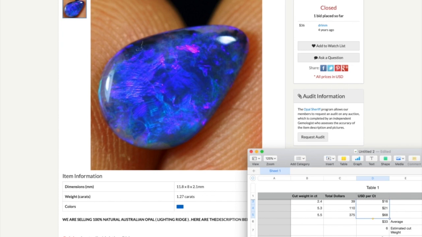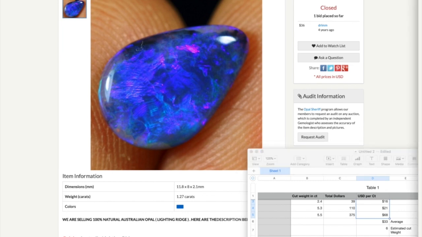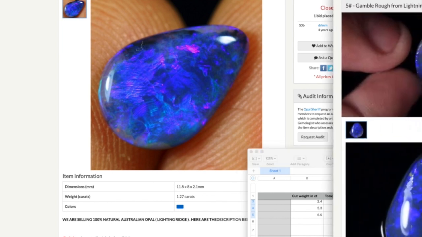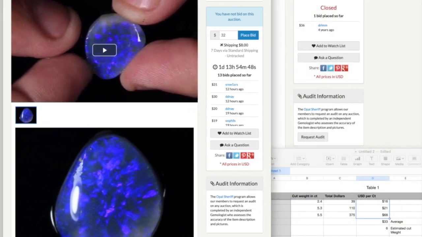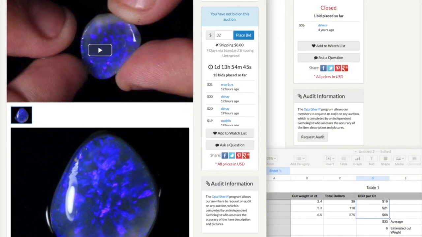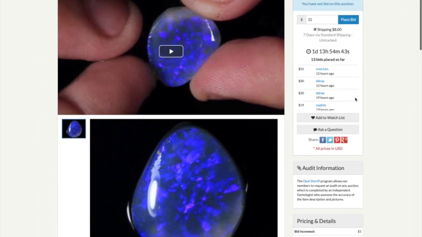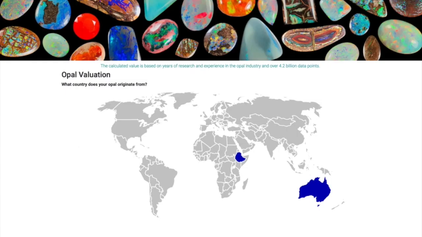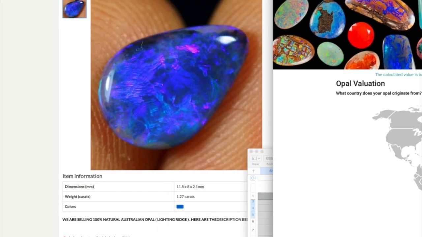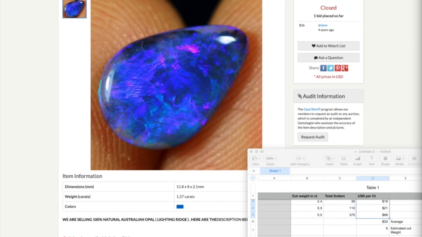Now, that's the way that I've gone about trying to figure out what the value for stones are, at least in the context of what we do here in Opal Auctions for a long time. Recently, I've found another website that is also very helpful, and I've kind of put it through its paces. I don't have any affiliation with this website. I just found it the other day off of a suggestion from somebody on Facebook that said you better go and try this out. So what we got from our Opal Auctions process was that the stone was about